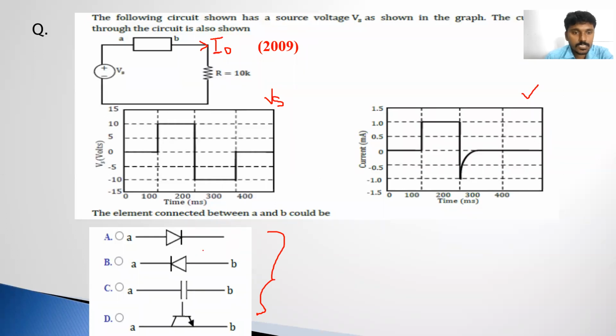From these devices, if we connect which device, then we will get this current waveform. That is the question. For example, if I connect the reverse diode B,